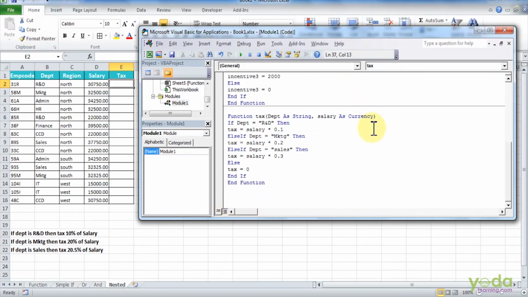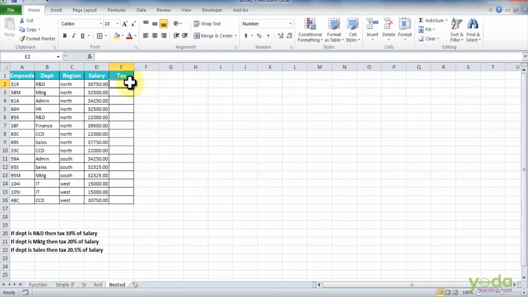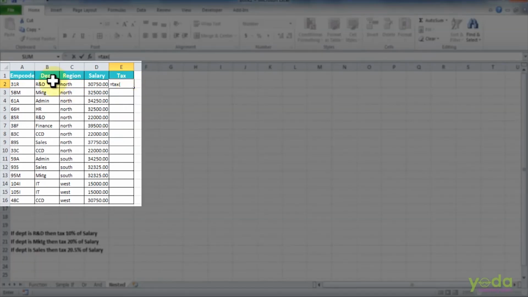So this is how you can type in the code. So let's see how we can execute this. Very important, once again, you can just check out the naming conventions here and the inputs that you have given in. Since it's case sensitive, I'll say tax tab. I'll give the reference of the department and the salary. Say enter.